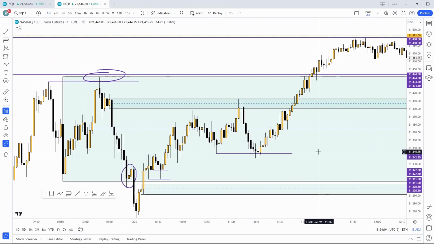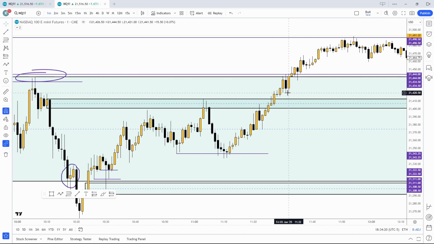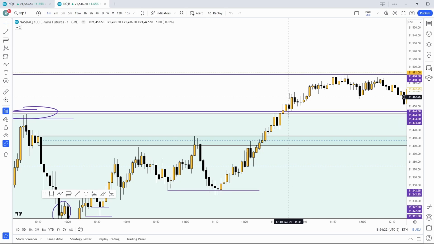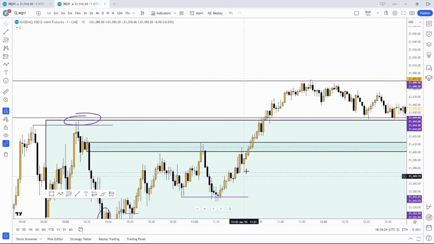Okay? So again, looking at what price is attempting to do, it tried breaking the structure here and it failed. And this movement up tried making a valid high here internally, failed. Tried making a valid high internally here, failed. Tried making a valid high internally here, failed, failed, failed. And this entire movement up,